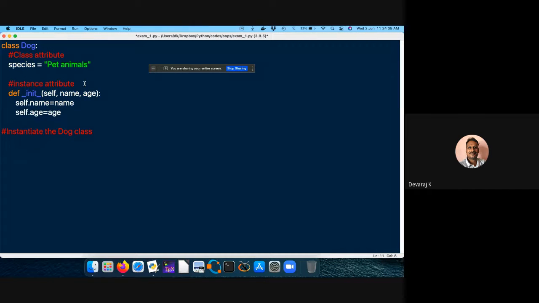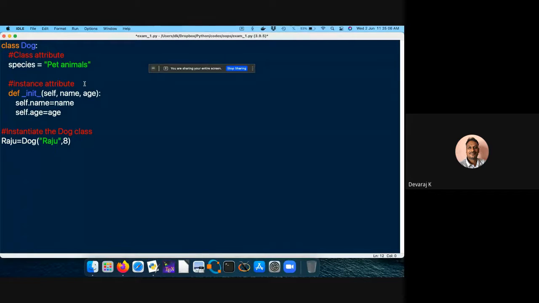If I want to do that, I have to define it. So let me give some names. Ramu or Raju, the dog's name, whatever it may be. Let me call it Raju equals Dog. It belongs to the Dog class. Raju is the name, and maybe it will be 8 years old.